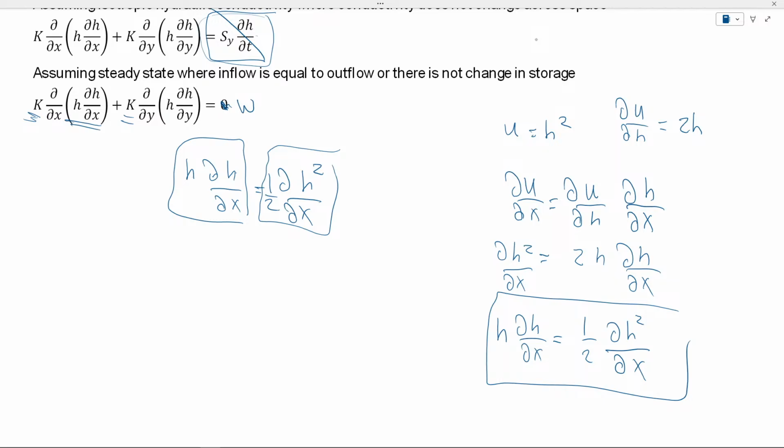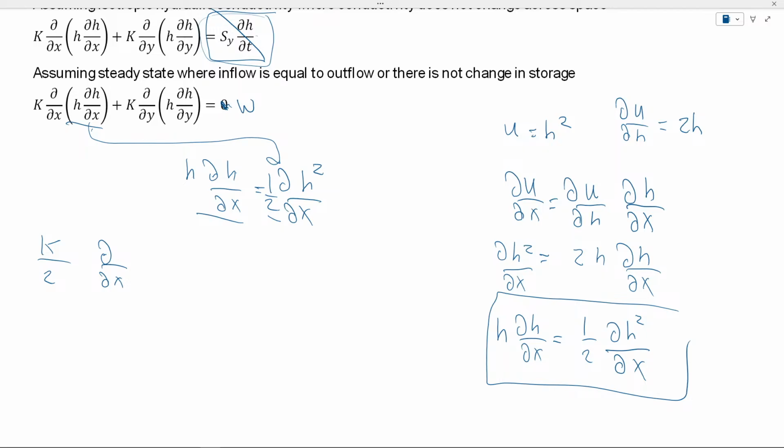So you see here, I'm replacing this term here with this one. That's what I'm doing. And I will take this one, so I will say 1 k 1 over 2, and that would be equal to partial x. And then I put here, I took the 2 as a common factor, partial h squared over partial x,